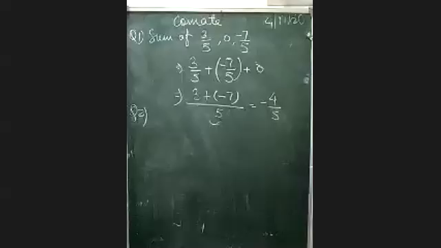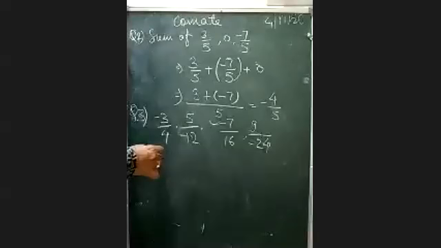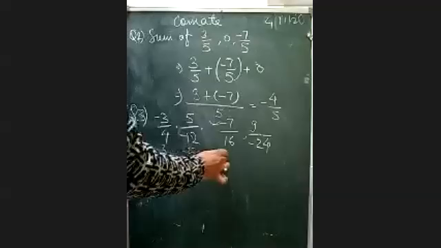Now, beta, if you remember, we have done this kind of questions. These are not tough. We have already done them when we were discussing this exercise. So the first thing to remember is that we should take the proper signing. How to take proper signing? Denominator cannot have a sign, so it should be 3 upon 4, minus 5 upon 12, minus 7 upon 16, and this is minus 9 upon 24.